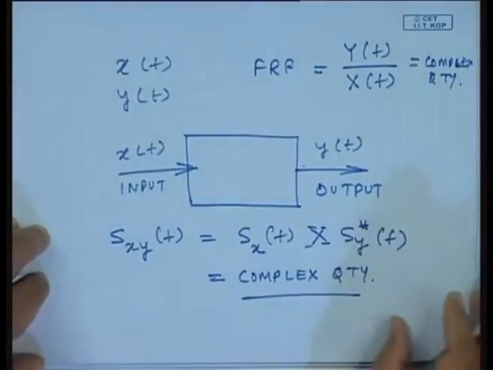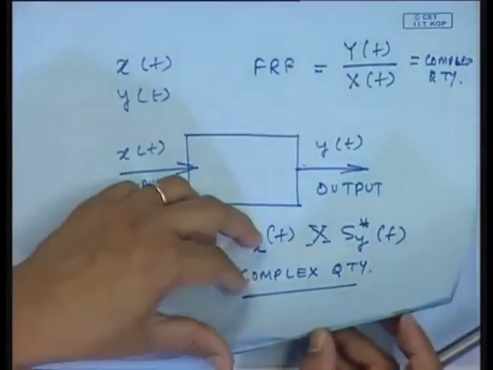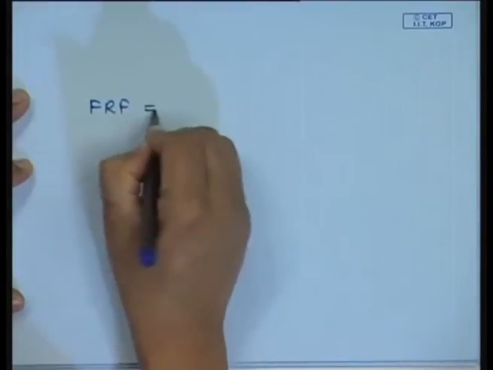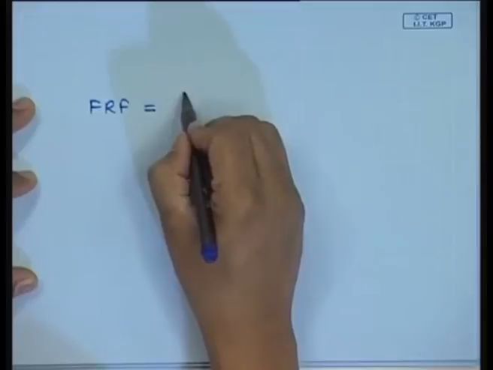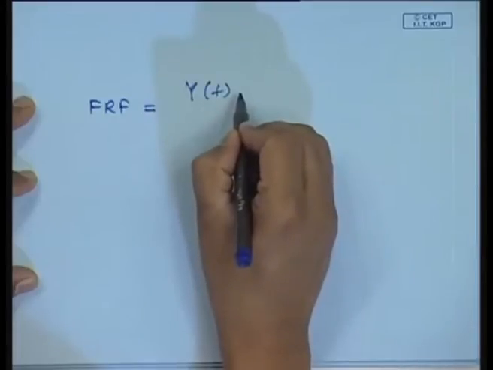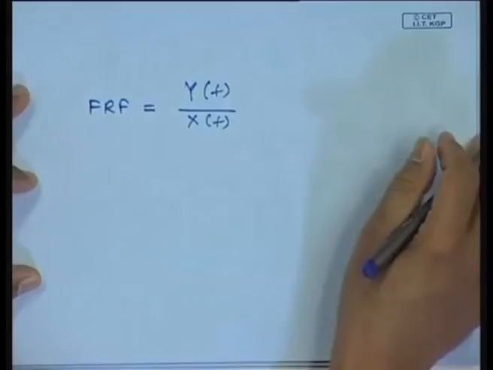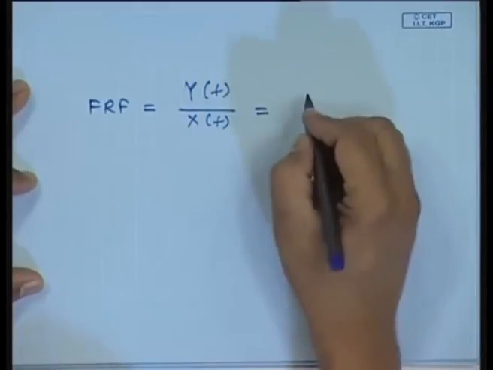So, now let us see how we can calculate the frequency response function from the cross spectrum and auto power spectrum. So, FRF can be written as Y(f) by X(f). This I can write it as